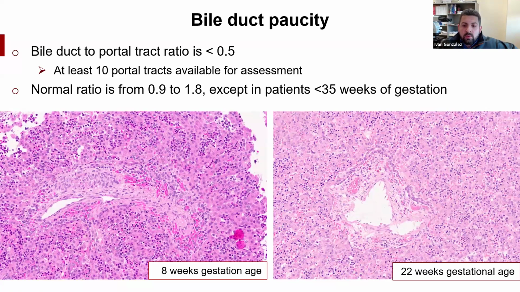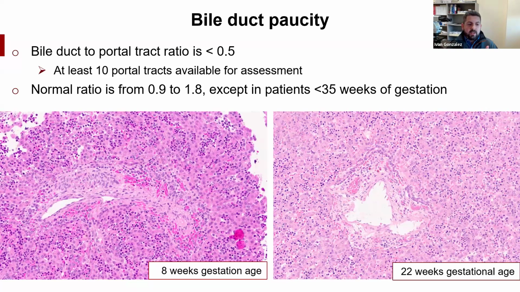How to do the count? You can do an H&E or you can get a CK7. I personally do it in my H&E, also in the trichrome and in my PAS with diastase. So I do it in 3 separate slides. And the reason I do those 3 slides: one, the PAS with diastase is actually a very clean slide to review liver. And because the basement membrane will be highlighted in the bile ducts, it makes it easier sometimes to find those bile ducts. And the other reason is that, knowing how my lab cuts the slides, they are in 3 different levels.